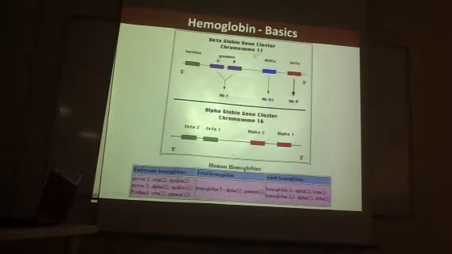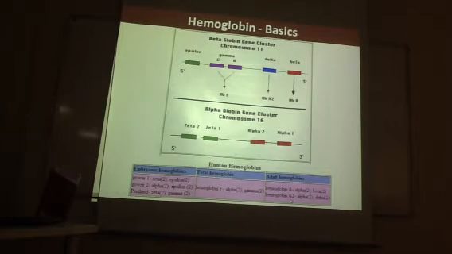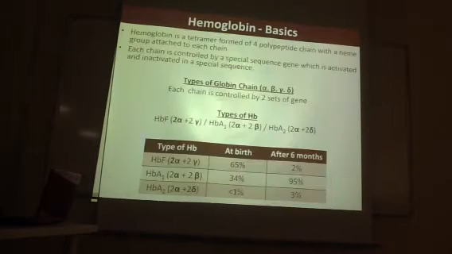Hemoglobinopathies. Beta chains are located on chromosome number 11. Alpha chains are located on chromosome number 16. There are 3 types of hemoglobin, and at least you should know these 2 types, which is very important: fetal hemoglobin and adult hemoglobin. Fetal hemoglobin has alpha and gamma chains. Adult hemoglobin A1 has alpha and beta, and A2 has alpha and delta. You should never forget this. Once again, fetal hemoglobin is alpha and gamma, A1 is alpha and beta, and A2 is alpha and delta.